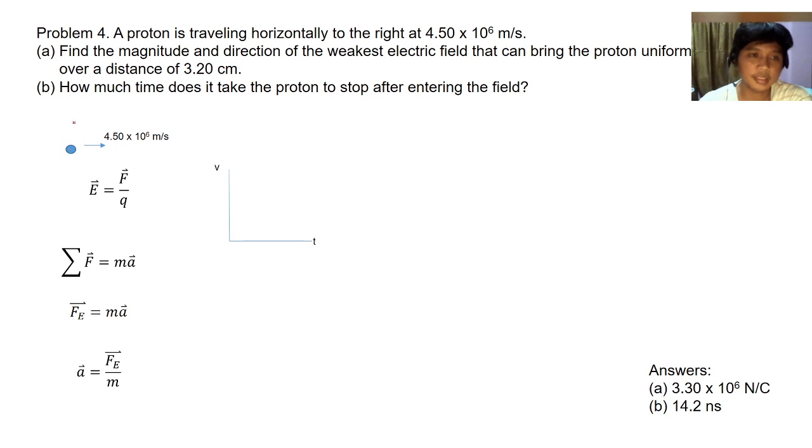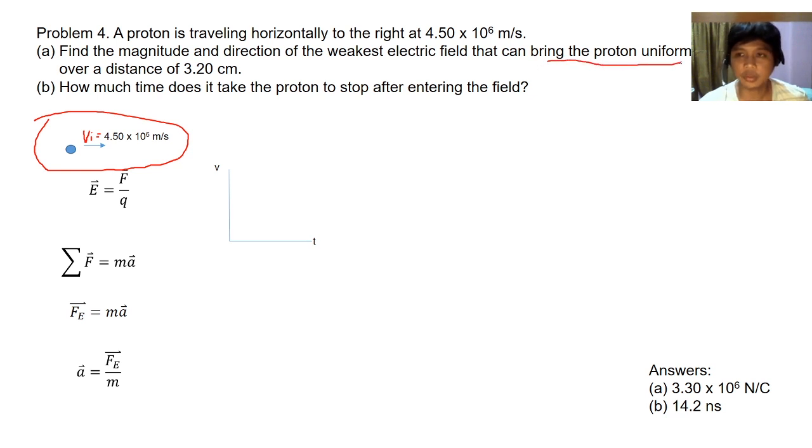Okay, so it says in the problem that there is a proton, and I draw this here, that the proton is traveling horizontally to the right at 4.5 times 10 to the 6 meters per second. And this represents the initial velocity of the proton. But in the problem, it says that we are trying to bring the proton to rest. And not only that, uniformly to rest. So what does that mean? We're trying to slow down the speed of the proton at a constant rate. So every second it slows down at the same rate,